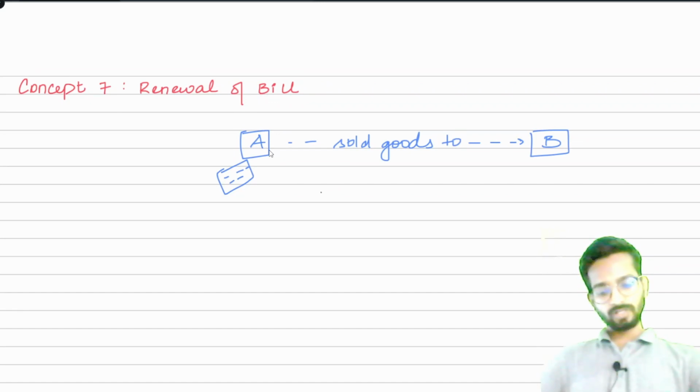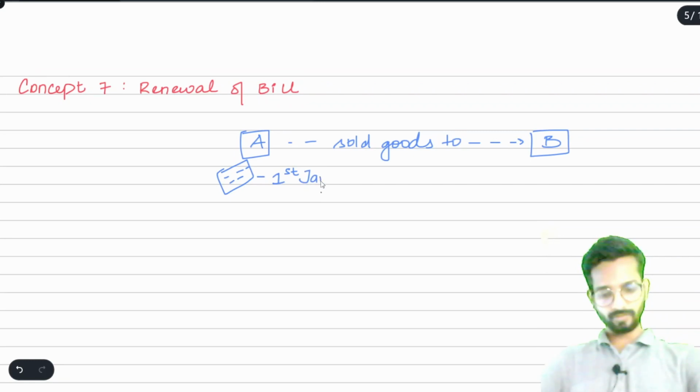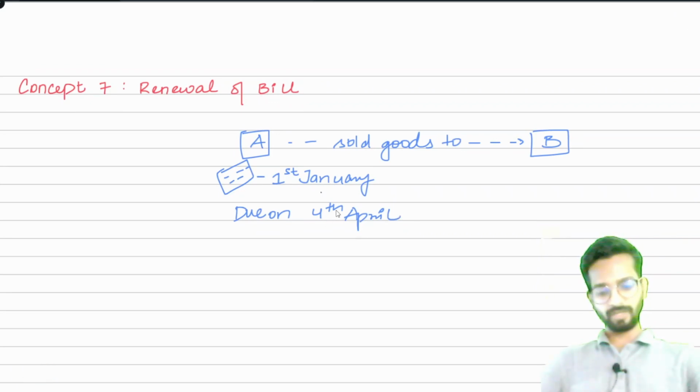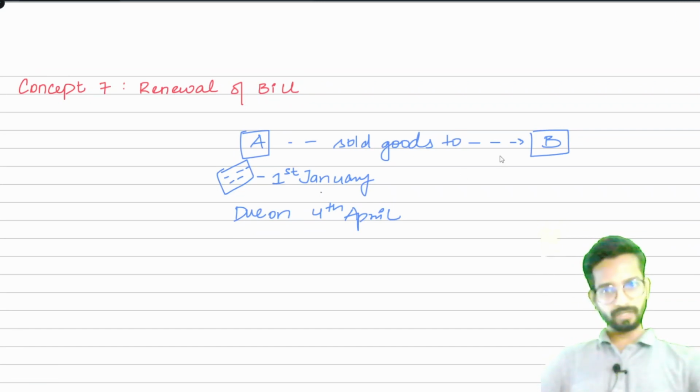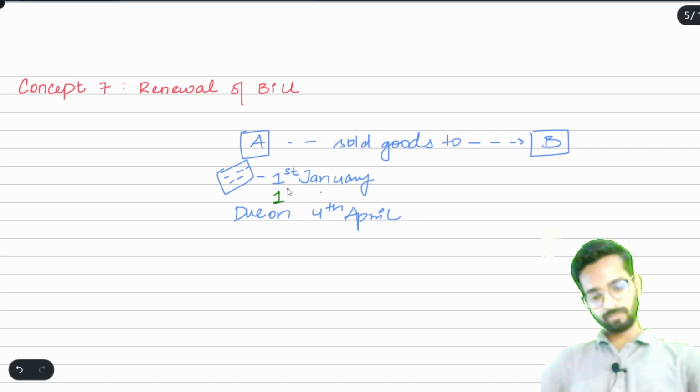What happens? Suppose the bill date is 1st January and the bill's due date is say 4th April, 3 months plus 3 days of grace. So 4th April it is due on. Now suppose on 1st January after giving the bill, on 4th April B is supposed to pay money to A. But now suppose what happened on 1st